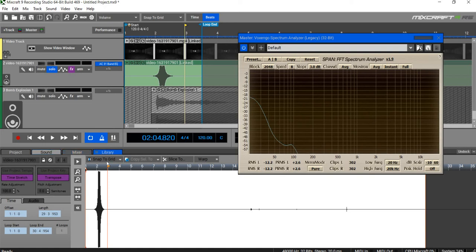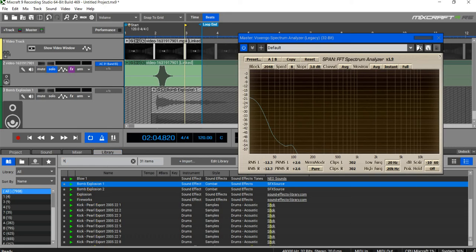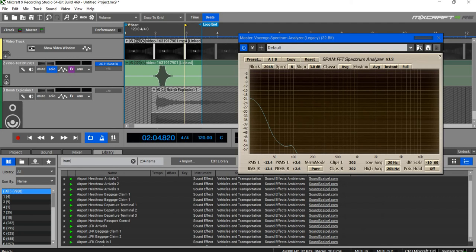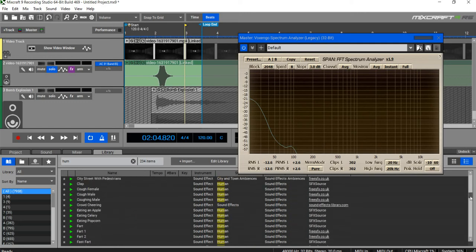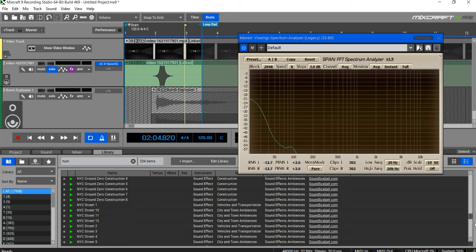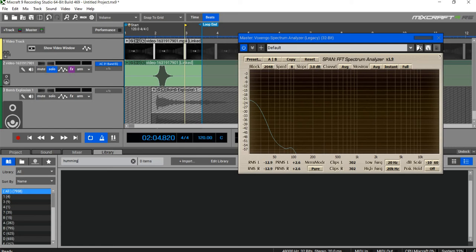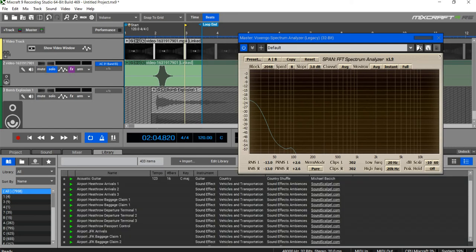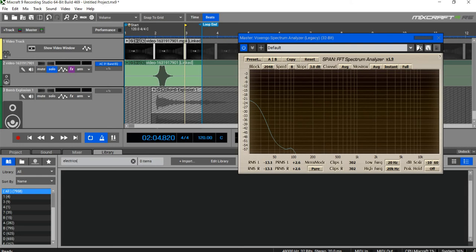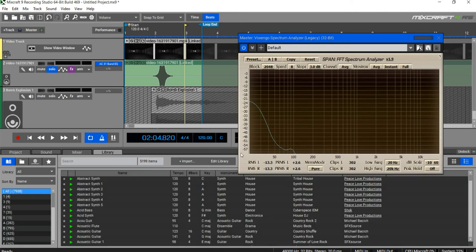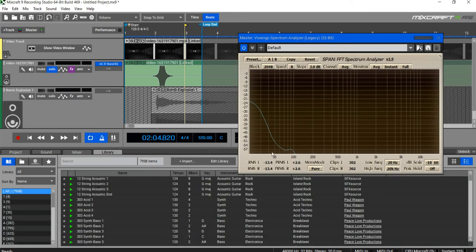I've dealt with hums before. Yeah, I haven't got any sound samples of them, but electrical hum is 50 Hertz.